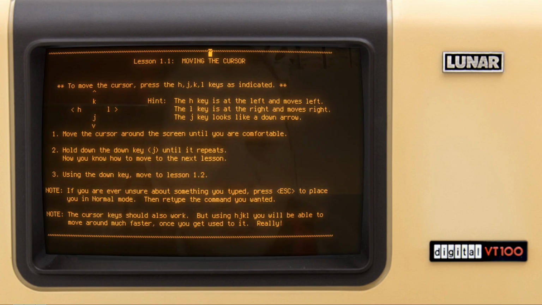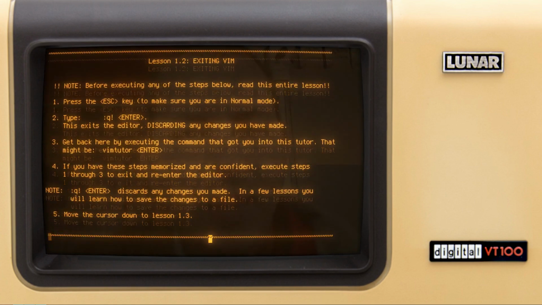Okay, the cursor keys should also work, which I've already demonstrated, but using HJKL, you will be able to move around much faster once you get it, really. So yeah, let's move further on. Exit in Vim. So now before any of the steps below, read this entire lesson. Let's go for this. Press the escape key and make sure you are in normal mode, and type colon